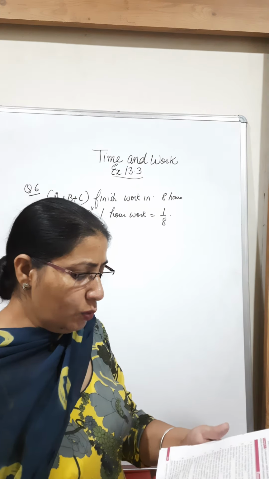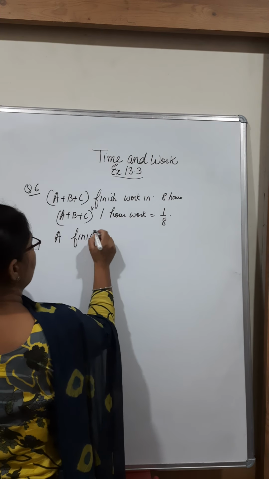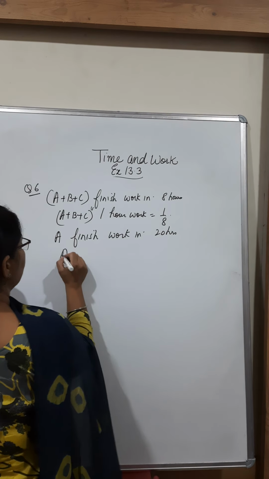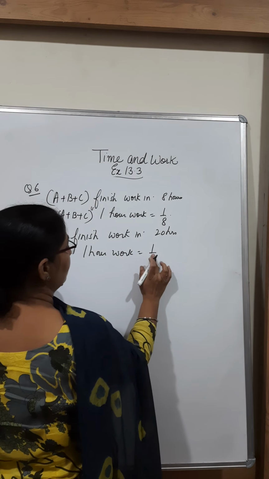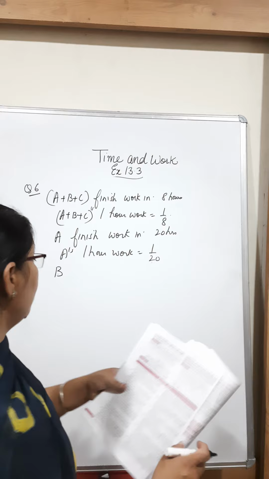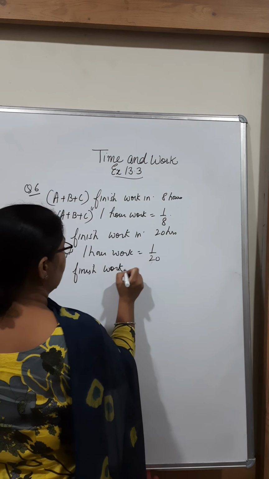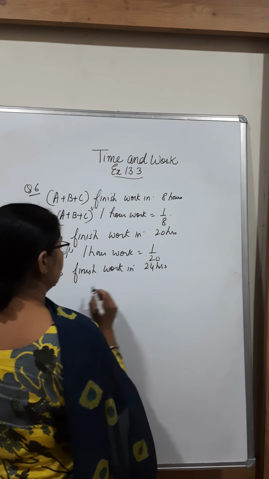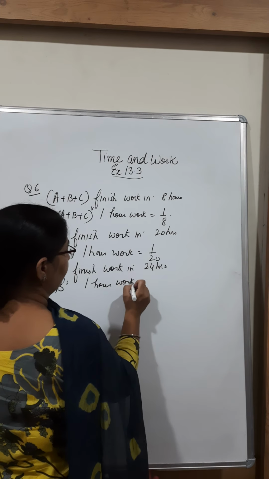Next, A alone can do it in 20 hours. So A finishes the work in 20 hours. So A's 1 hour work will be the reciprocal, which is equal to 1 by 20. B alone can finish it in 24 hours. So B finishes the work in 24 hours. So B's 1 hour work is equal to 1 by